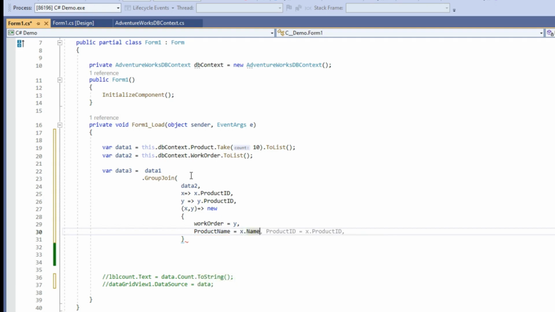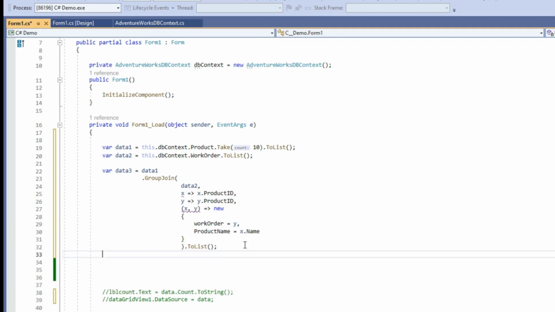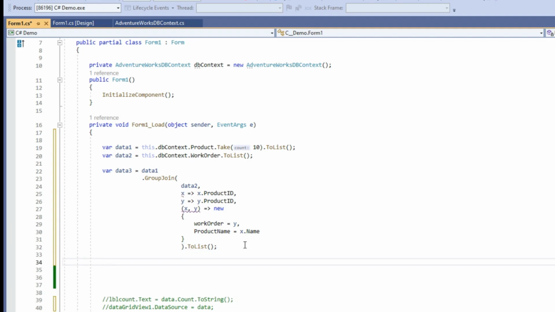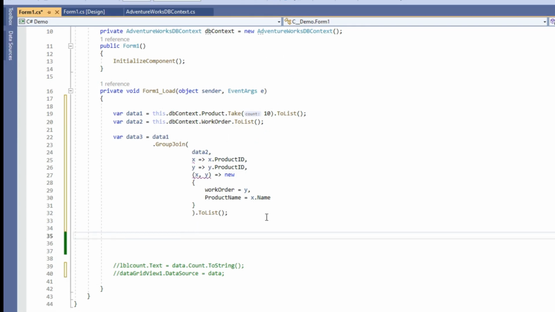So now what we are doing, we are trying to categorize for every product. I am trying to find a work order. That's what we will be doing here. So with that done, I will just close this bracket and say ToList. Okay, so this is my data. Now in order to get this data working, we will see how we can